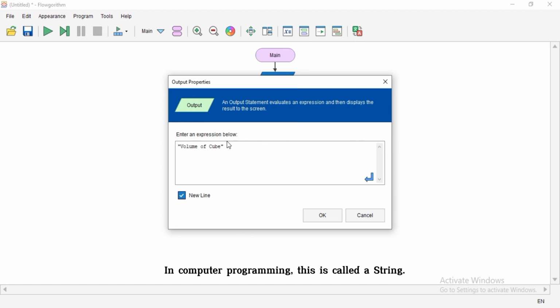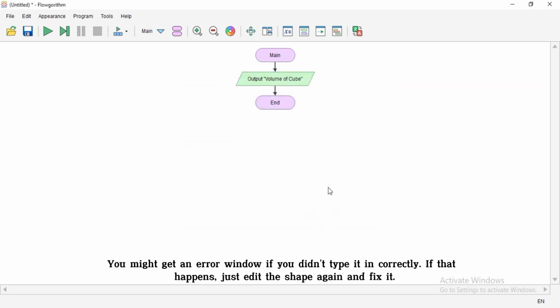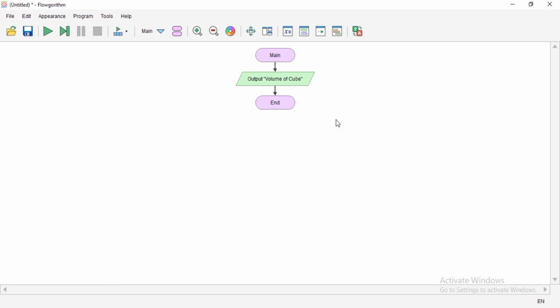In computer programming, this is called a string. Now click OK to continue. You may get an error window if you didn't type it in correctly. If that happens, just edit the shape again and fix it. The output shape will now appear in green.